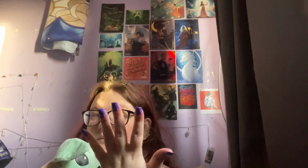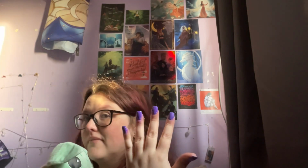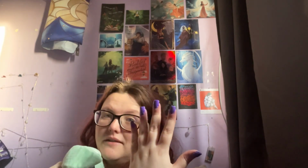I did also play around with a glam drip set. It's acrylic powders, and I did put some tips on, so I think I did an okay job. We're just not looking too closely at them, and as long as it stops me biting my nails. So there's that. My locked lighting did come in yesterday,